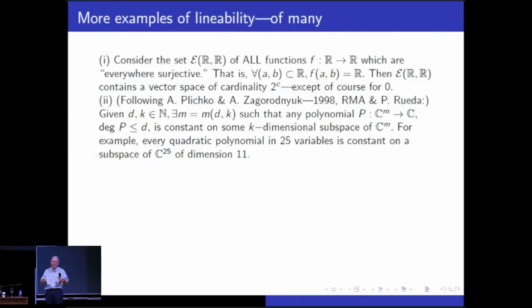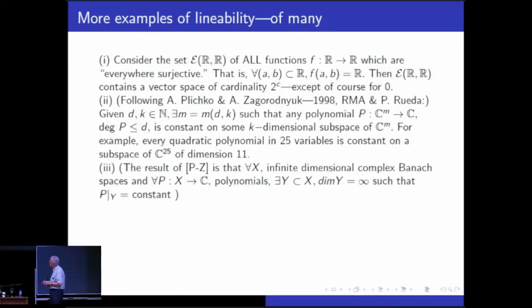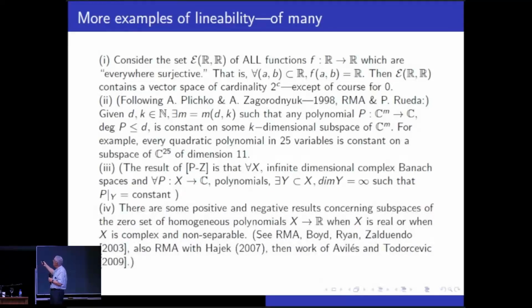What you do with that information, I don't know, but it's an example. Okay, and in fact, originally it's a proof about an infinite dimensional space. And there are some positive and negative results about zeros of polynomials, and let me just skip them,